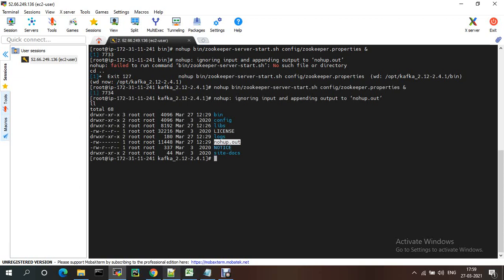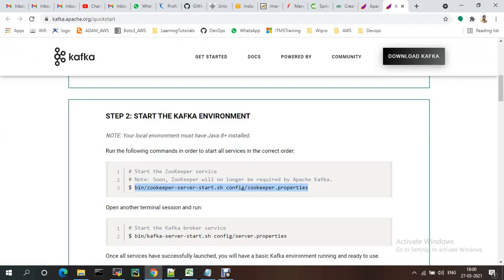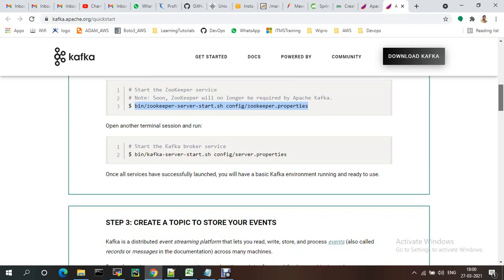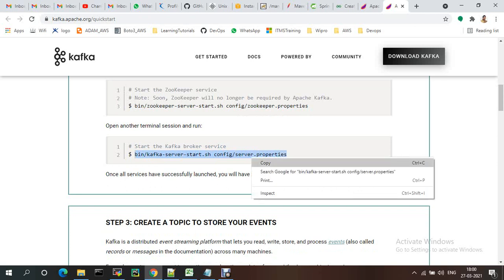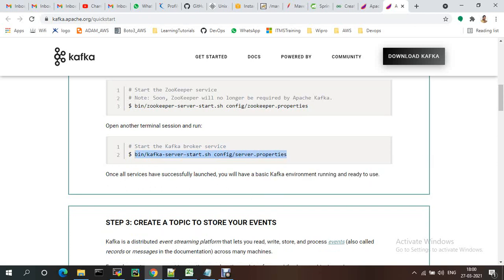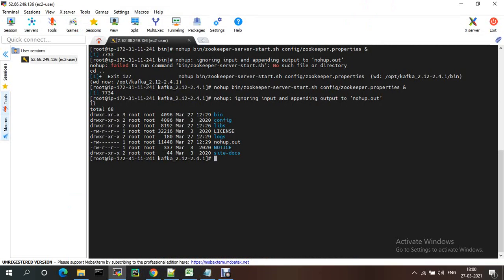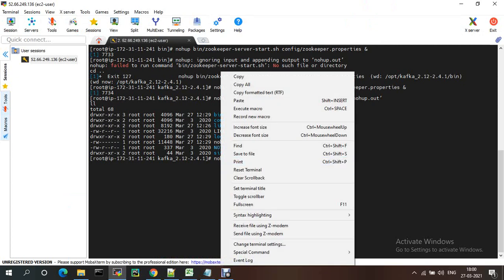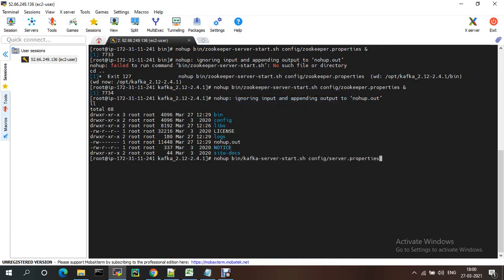Open another terminal, or otherwise the same terminal only. I am running this one also with nohup, the Kafka server start.